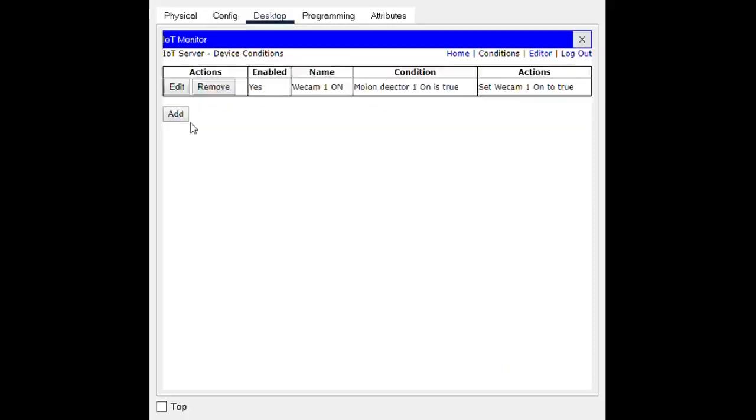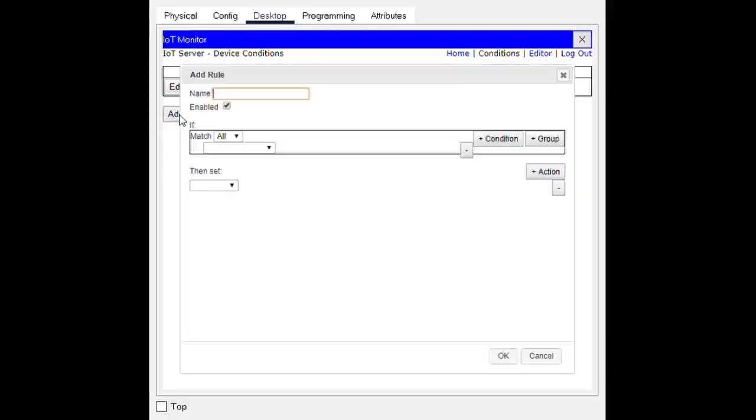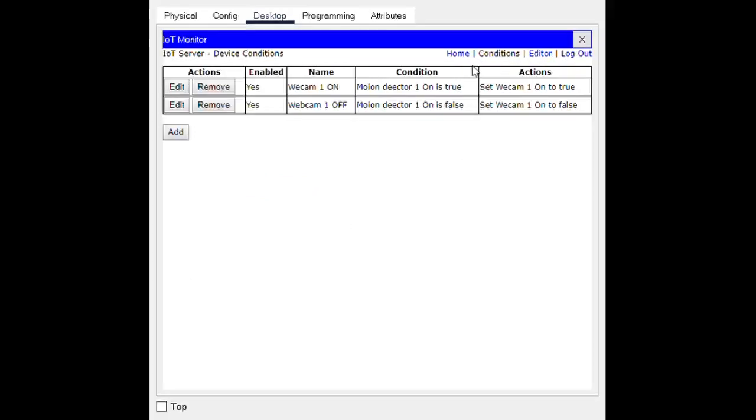Now we have to add one more condition for off statement, so we will name this condition as webcam 1 off, and below the match option motion detector on false, then webcam 1 on and off. Okay, then we have to go back to the home of IoT monitor.